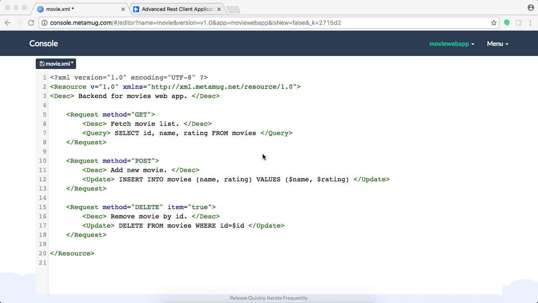Welcome to the Metamug console series videos. Here we have created this XML file in the last video, where we created the backend and the resource file. Now we are going to create